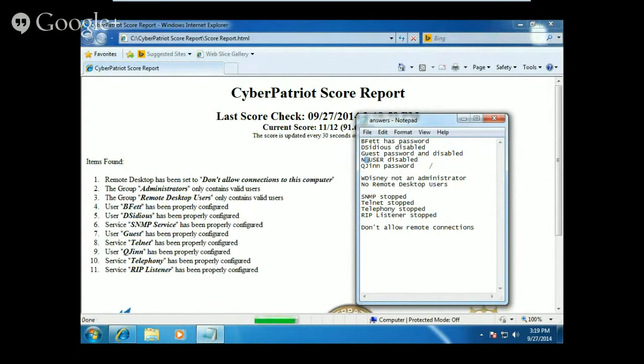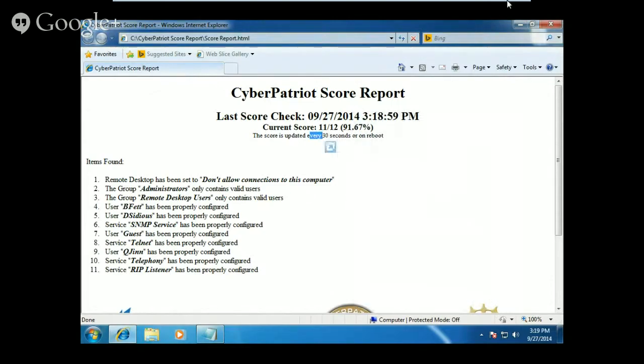It doesn't have NT user. So don't worry if you only have 11 out of 12, because the NT user